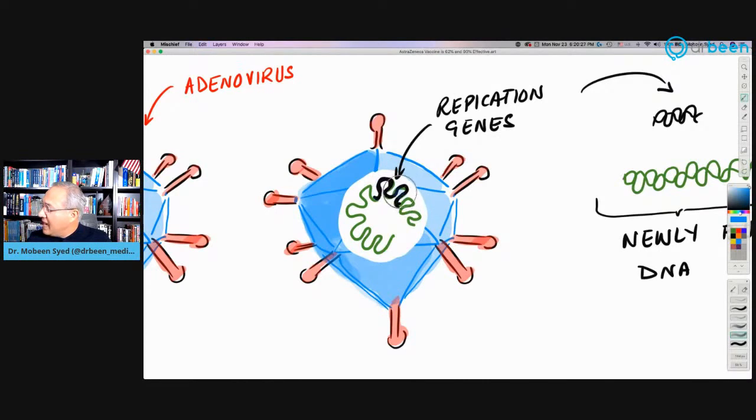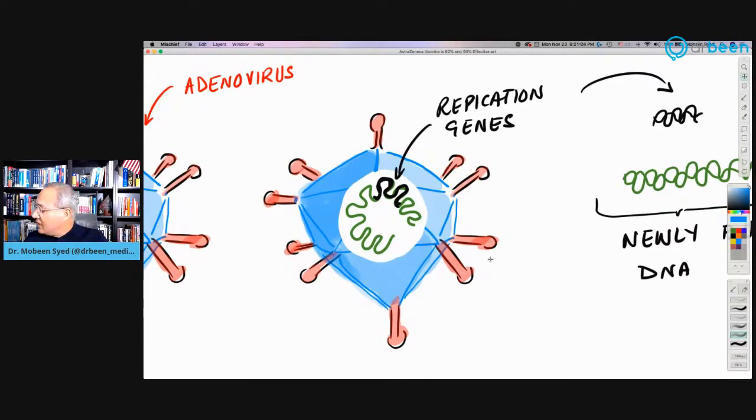So imagine this black piece is the gene of the adenovirus, which helps it make enzymes that would help it replicate. They remove this part from the DNA. The benefit of removing it is that this virus, when it comes into our body, will not be able to replicate. It would just be one unit virus sitting around and it would be killed by our cells. But even if it goes in our cells, it cannot be replicating. So that is the nature of this virus after the management of the DNA.